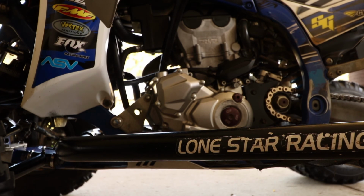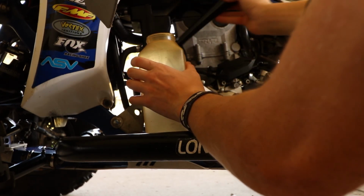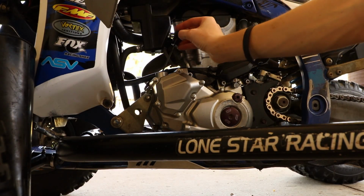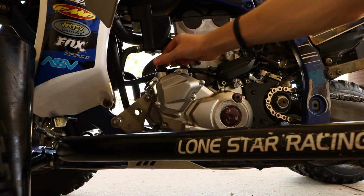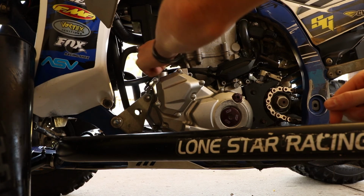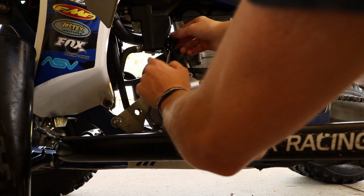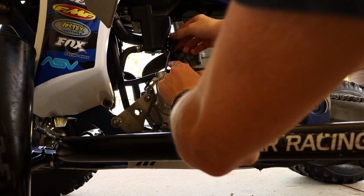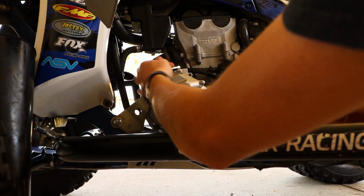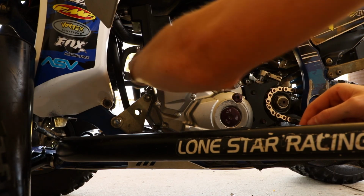So this should be done draining. Going to pop this out, and let's check. Obviously, this is not a good representation of where your oil is actually at, but right now it is sitting about in the middle between full and medium. So I'm going to toss the dipstick back on, leave it for now,